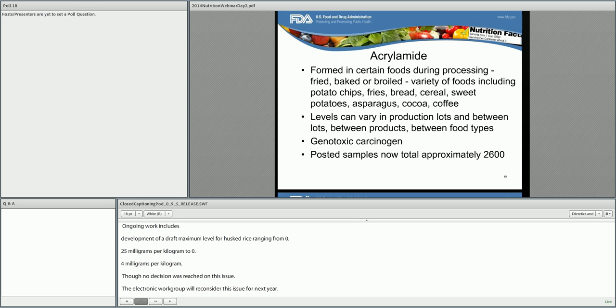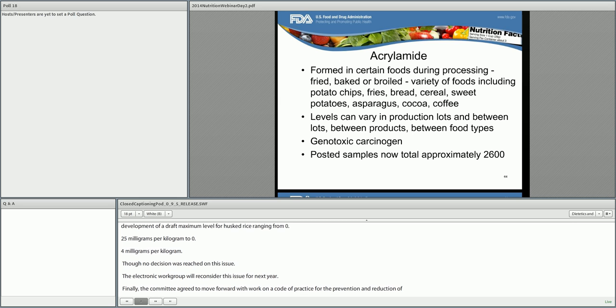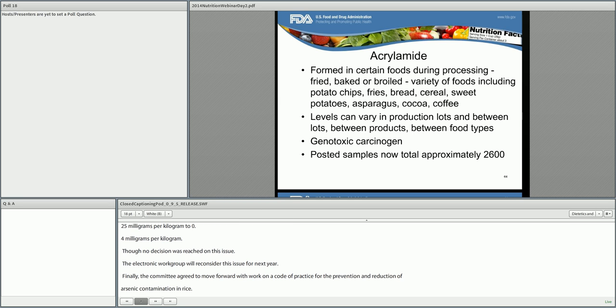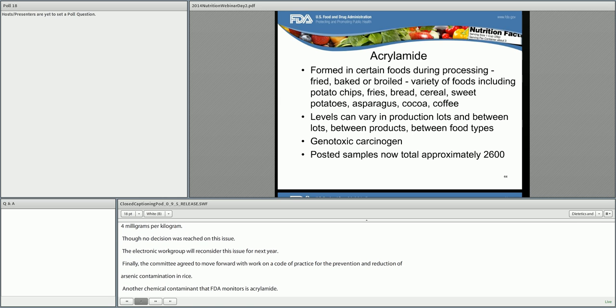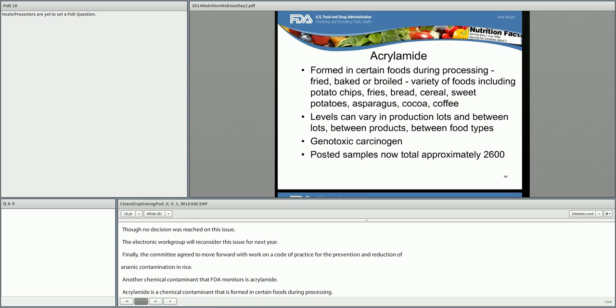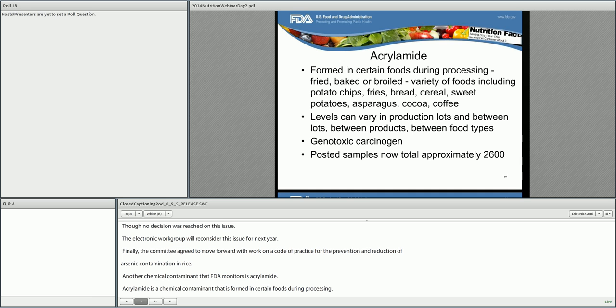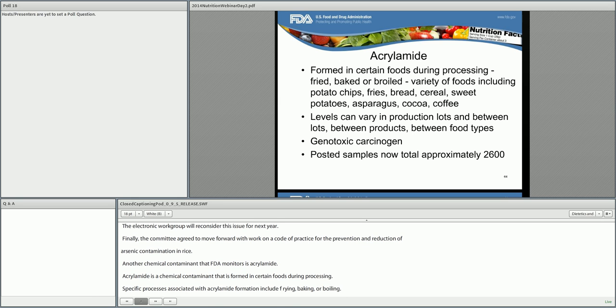Another chemical contaminant that FDA monitors is acrylamide. Acrylamide is a chemical contaminant that is formed in certain foods during processing. Specific processes associated with acrylamide formation include frying, baking, or broiling. Acrylamide can be found in a variety of foods, including potato chips, French fries, bread, cereal, sweet potatoes, asparagus, cocoa,